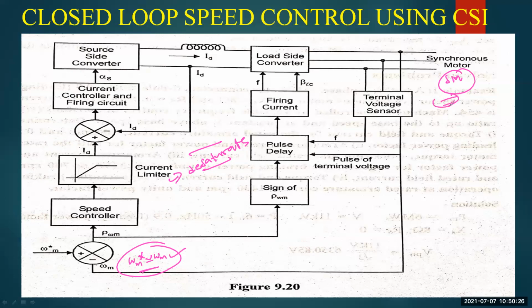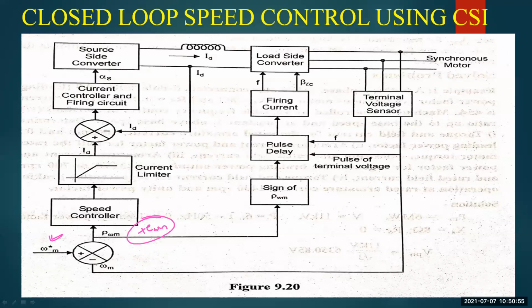Understood? Which balances the motor and load torques. So this is operating in the motoring mode. If the speed error is positive, U omega m is positive. Try to consider here again: increasing the reference speed omega m star produces a positive speed error.